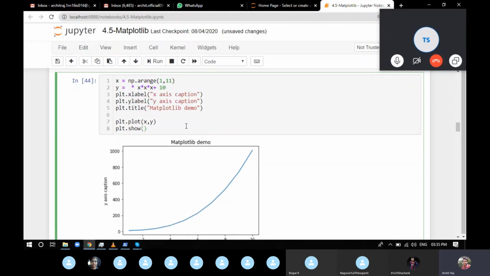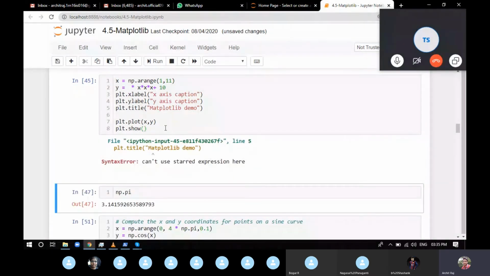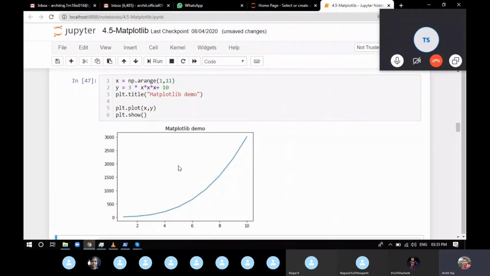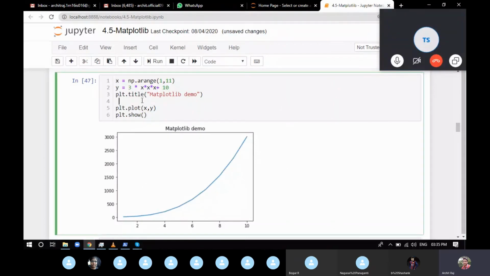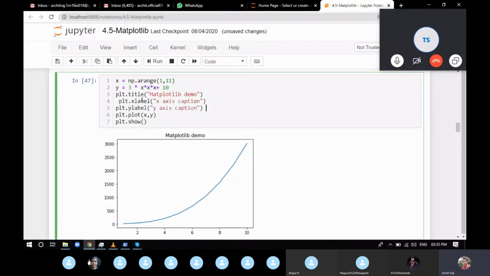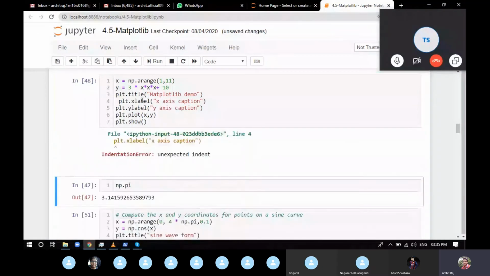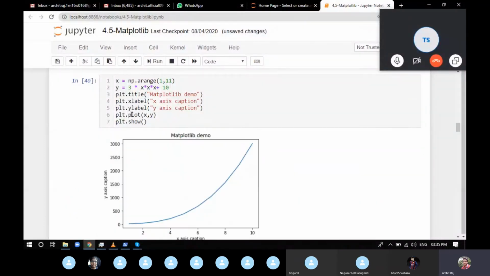Okay, so even if I remove this line from here, it's not going to affect anything. It's going to be the same. Keep it here, nothing's going to happen. Sorry, no indentation, problem of Python. Indentation should be proper. We'll put the plot here. Still the same, nothing's going to happen. So this is what it is.